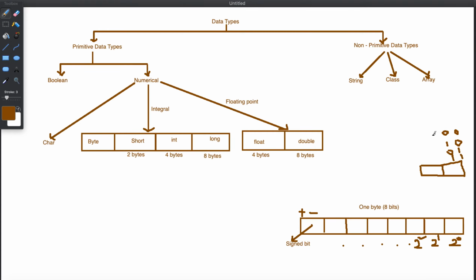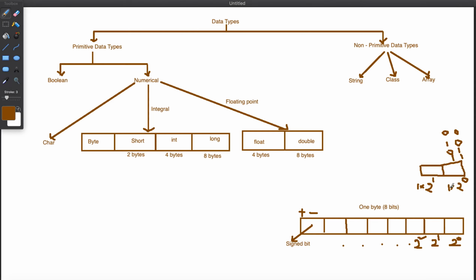What would be the maximum value we can store here? This always goes like this: 2 power 0 and 2 power 1. If you put 1 here, 1 into 2 power 1, and at the same time 1 into 2 power 0.